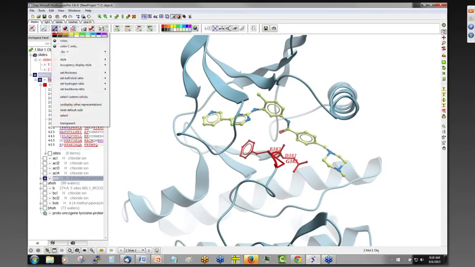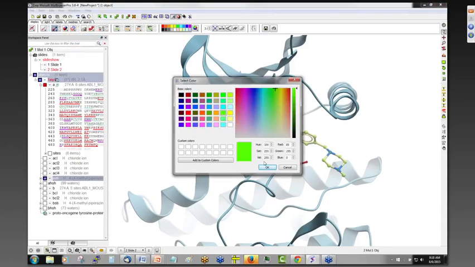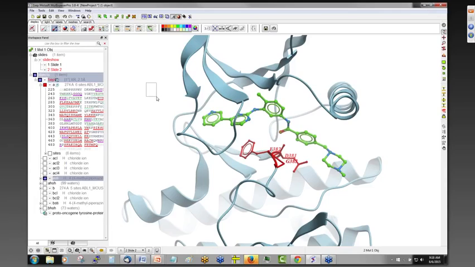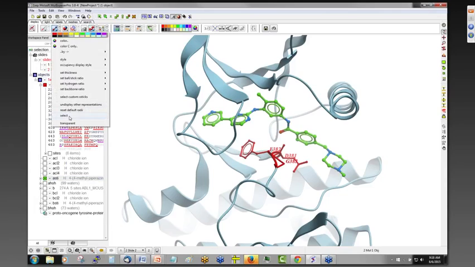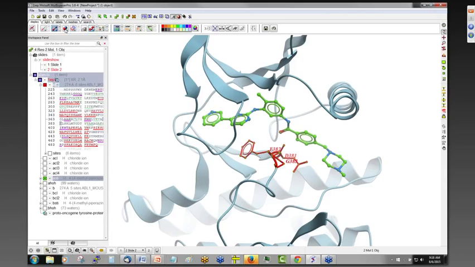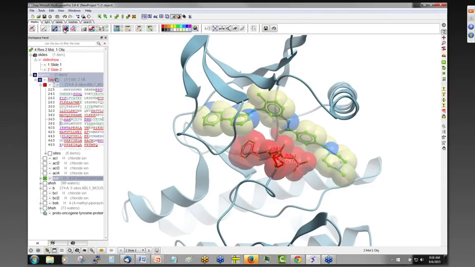So we can change the color of the stick by clicking down on it and going color by, and then you can say color C only, and we can choose a color that we like, and that colors all the carbons green. We could select the sticks and display in CPK, transparent CPK,